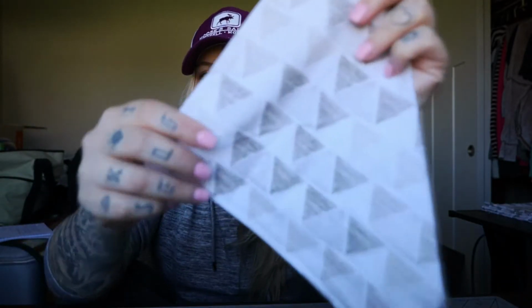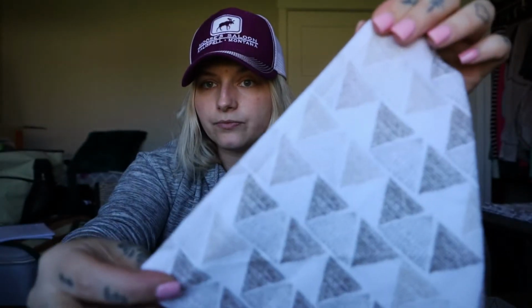and now we are starting up on this project again. So I kept that material and I am using that material to practice with, which is perfect because I believe this material is a lot harder to sew on than the material that I am going to use for the official bandanas. So I've been practicing on this material with this really pretty pattern,